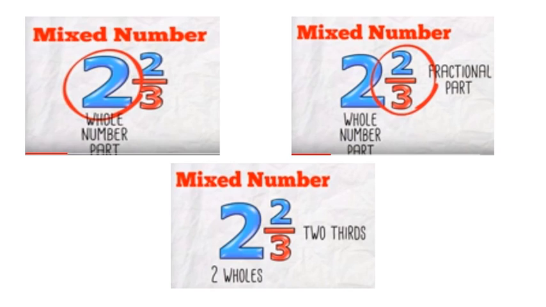Now we can represent this mixed number with the help of a picture. See here that each whole has 3 parts because there is 3 in the denominator. So we can make a picture and split it into 3 equal parts. To make the picture for 2 wholes, it will look something like this. Here we have drawn 2 wholes, each with 3 equal parts. And for 2 by 3 we have drawn a picture with 3 equal parts but colored only 2 parts out of that. So if we want to find the improper fraction in the form of a picture, it will be like this.